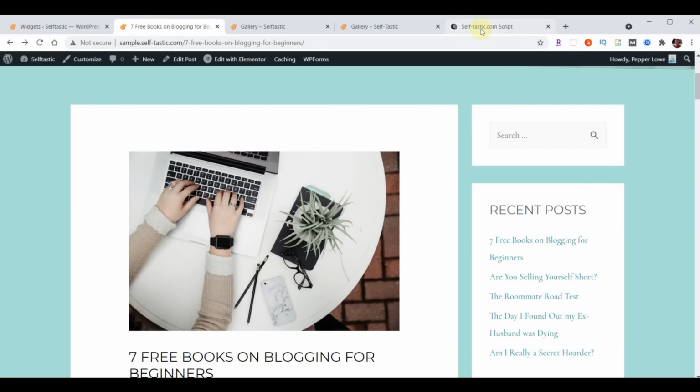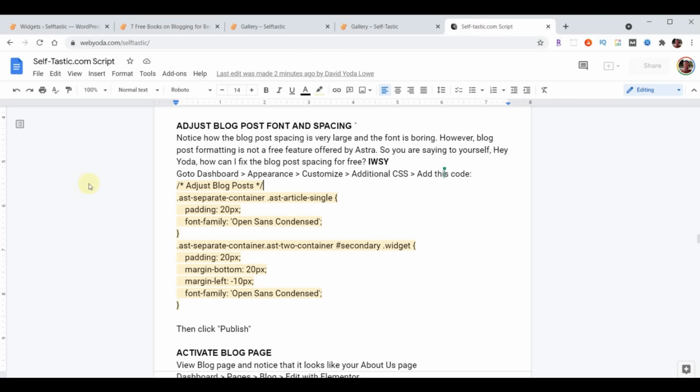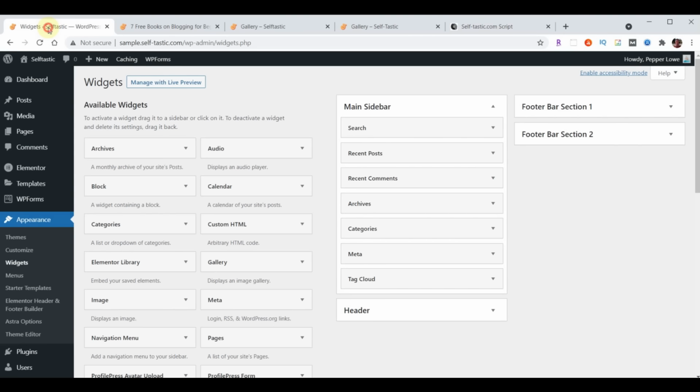So what you want to do is go to your script, and you're going to look for a section under the blogs that's called Adjust Blog Post Font and Spacing. And this is Cascading Style Sheets, CSS. Don't worry about what it does, just worry that it does it. What you want to do is select the yellow text, copy it to the clipboard, and now we're going to go back to our WordPress admin. We're going to go to Appearance,